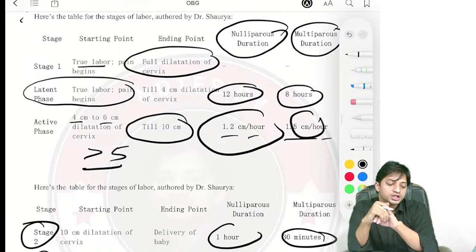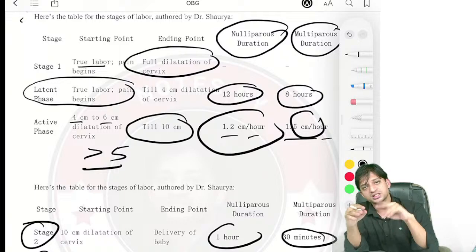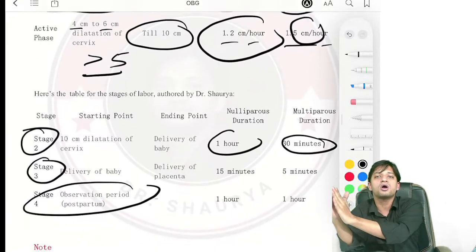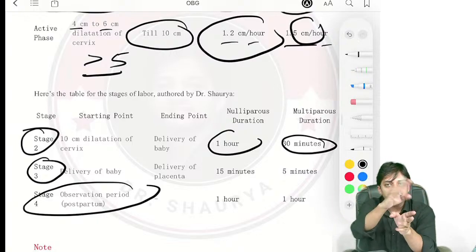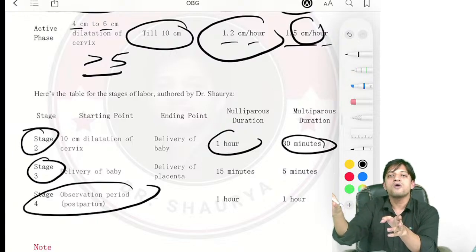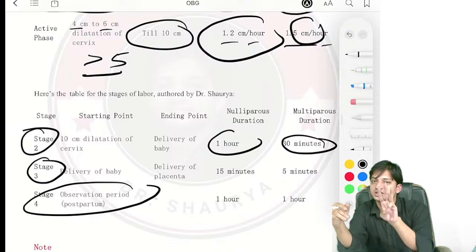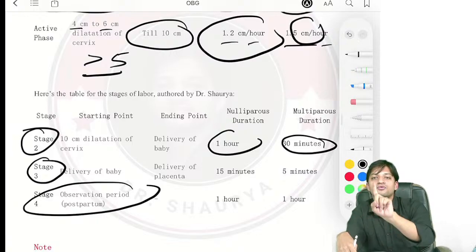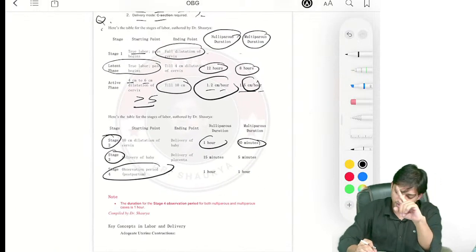Coming to stage 2, what will you see now in the latent phase and active phase you discuss. Stage 2, that is from 10 centimeter cervical dilatation to delivery of the fetus. Stage 2 over. In stage 3, from after the fetal delivery to delivery of the placenta. Until the delivery of the placenta, that means after the delivery of the placenta, is stage 3. Stage 4 is nothing. It is just an observation period of 1 hour after delivery, both in multiparous and nulliparous women. Finished. I hope we have remembered. Now,